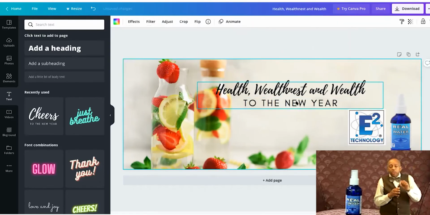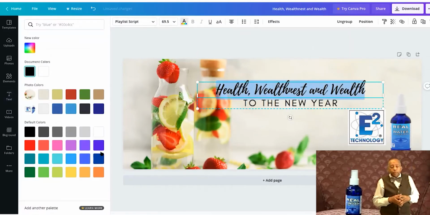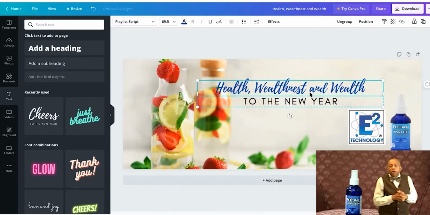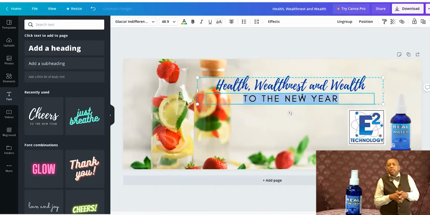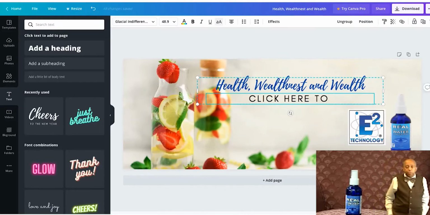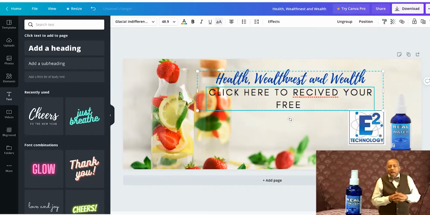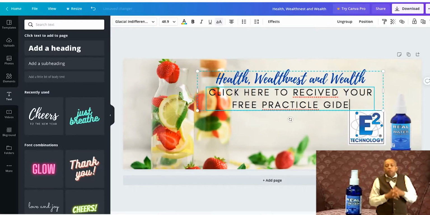And now let's change the font color to blue. There we go. So keeping it consistent with the concentrate. And now let's go ahead and type over the new year. Let's type something different. Let's type, click here to receive your free, click here. And we want to make sure that it's specific. So you're going to click here. Keep going, typing, to receive your free practical guide to real abundance. Health, wellness, and wealth. Click here to receive your free practical guide